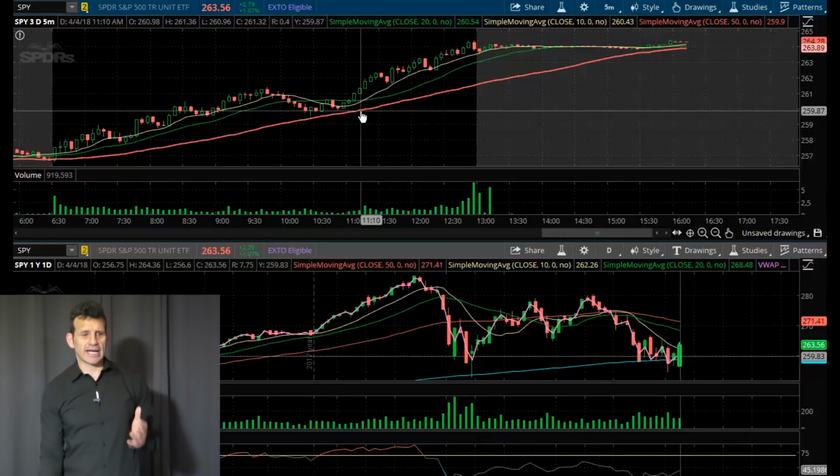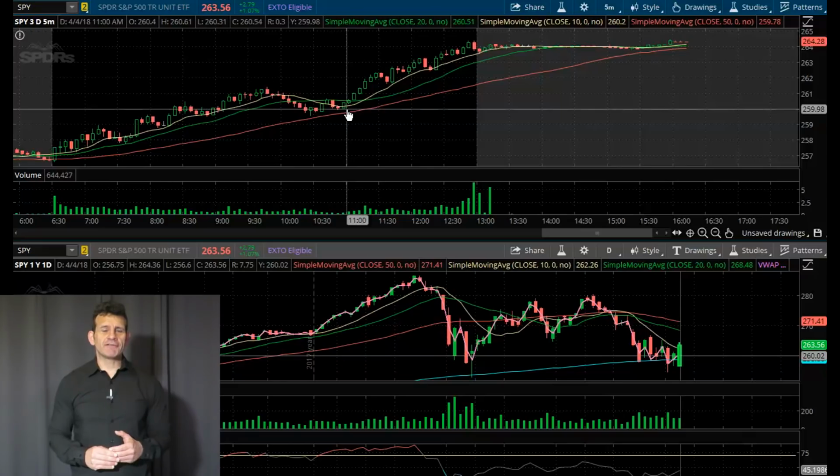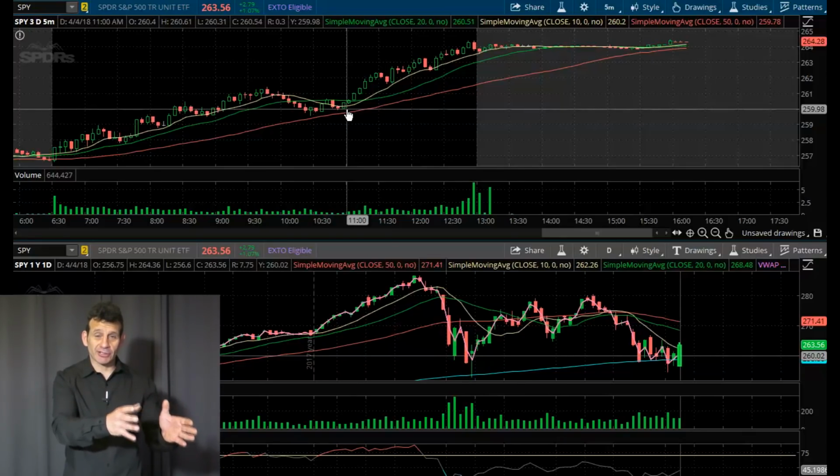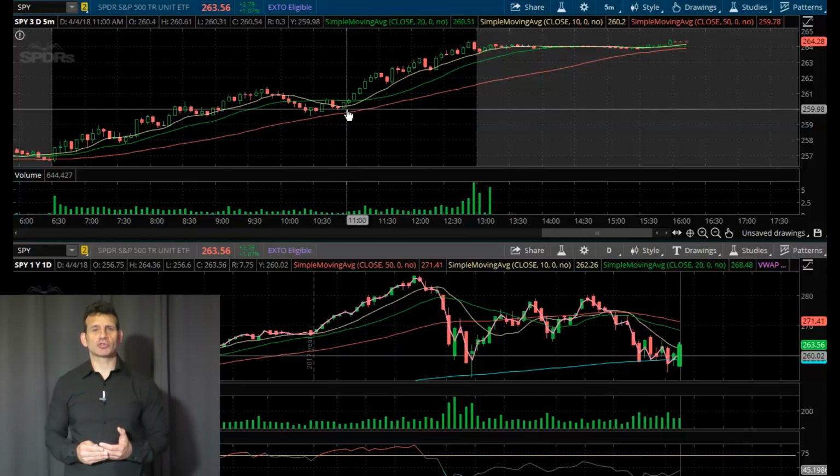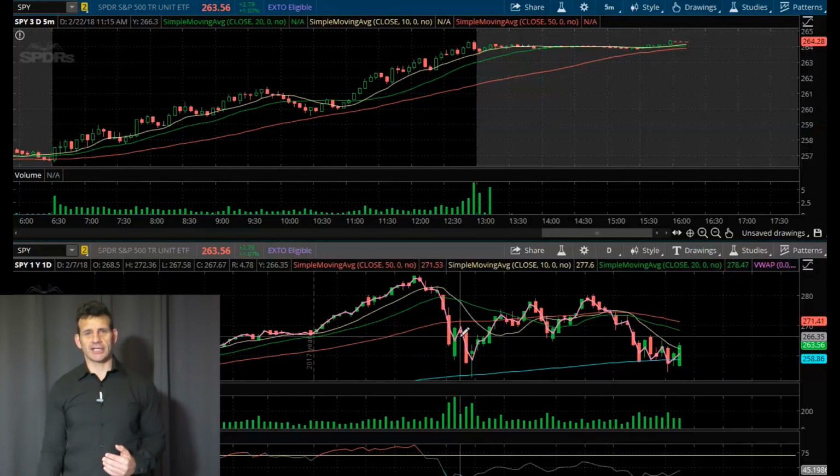So if you look at the market here that I have, you look at the 50-day on the 5-minute chart, if it crosses below the 50 moving average intraday, that just means that chart is bearish for that time period. That's intraday. Obviously, the daily chart's 50 moving average would be more important, because in a case like today you saw the market have a huge bounce. It stayed above its 50 moving average intraday. It was very, very bullish, but the overall prospectus of the market right now is bearish because it's under its